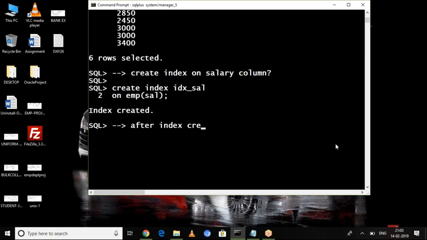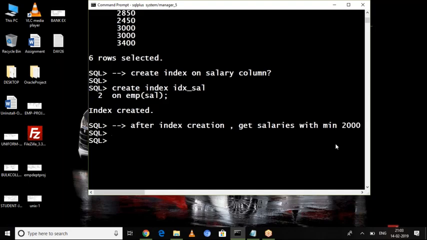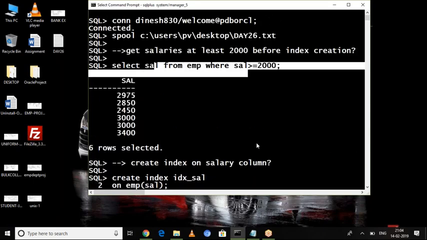After index creation, get salaries with the minimum 2000. Same query. Select salary from EMP where salary greater than or equal to 2000. Same query. After index creation,